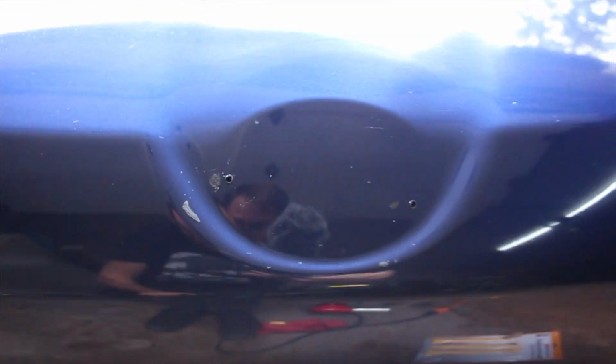Alright, so got the emblem off and everything. I did mess up on a couple of spots, but it's fine. I could just get some touch-up paint, or I could just paint the whole bumper, since I need to repaint my front lip anyways. But yeah, as you can tell, I messed up right there and here. It's not that big of a deal, but as you can tell,